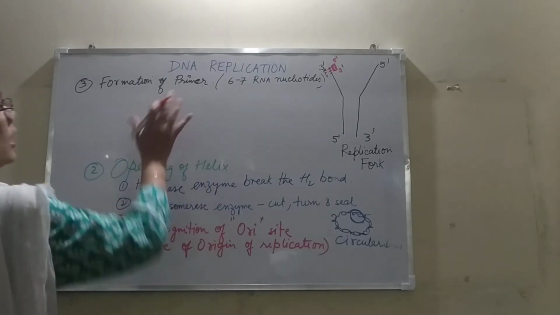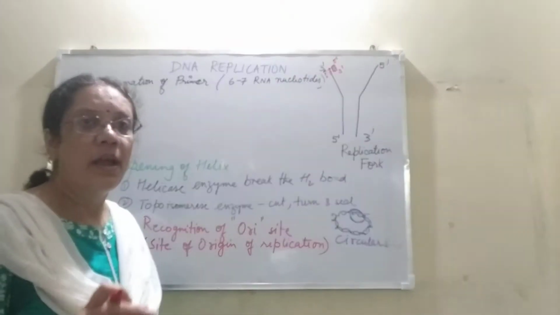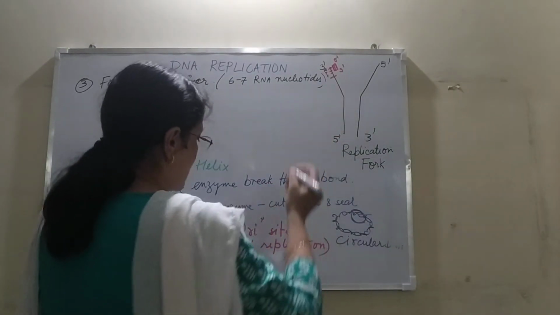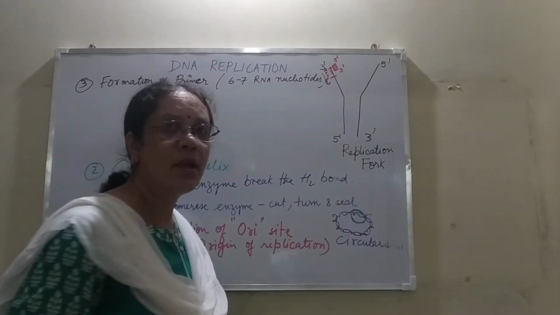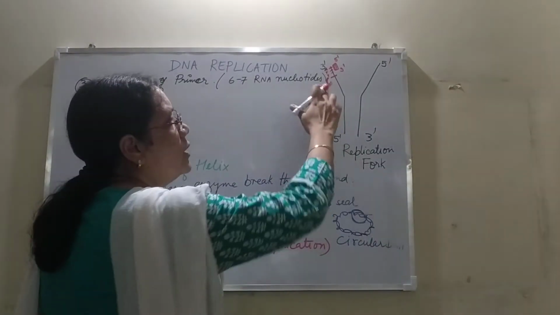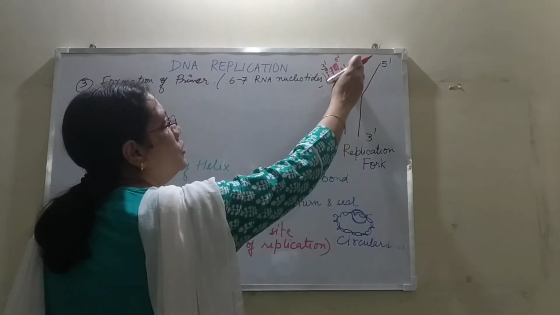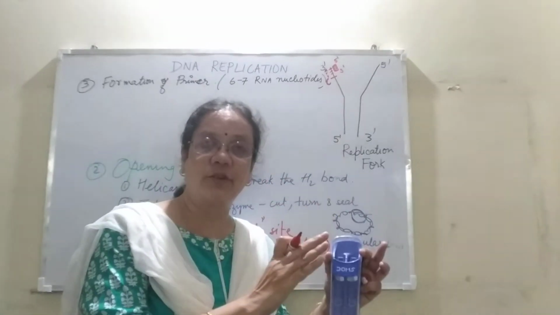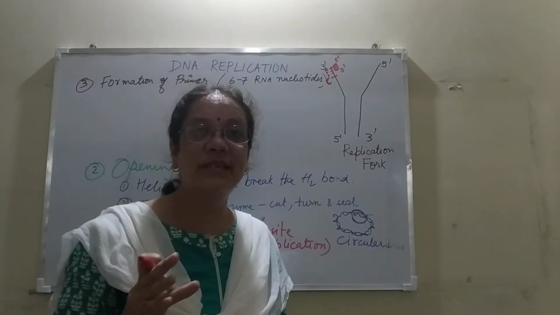Now this RNA primer is going to attach with it the DNA. Now suppose here there is a new nitrogenous base, let's say it is C. So the nucleotide, as I go to the first step, if it is C, then from the cytoplasm, CTP is going to come and attach here. That means a pentose sugar, 3 phosphate groups, and the nitrogenous base which is opposite of C. What comes with C? It is G.